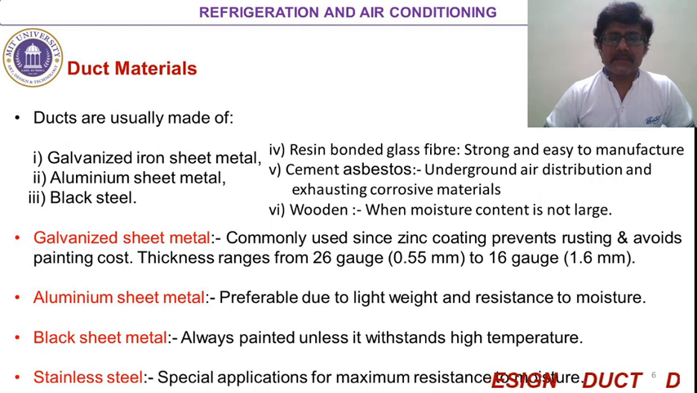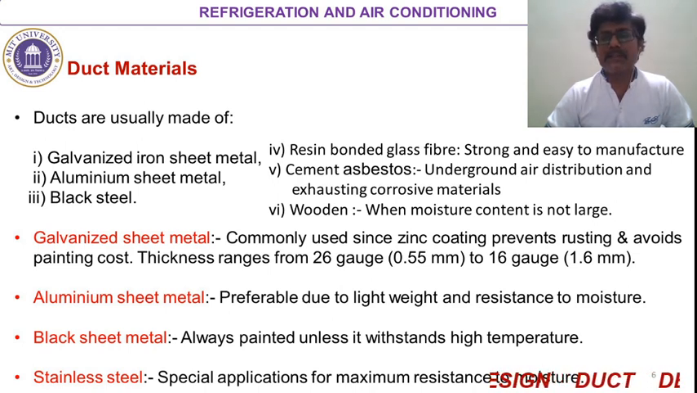Galvanized iron sheet metal, aluminum sheet metal, and black steel sheet are the metallic materials used for duct construction. The resin bonded fiberglass, cement asbestos, and wood may also be used for the construction of the duct. As far as the metallic ducts are concerned, galvanized sheet metals